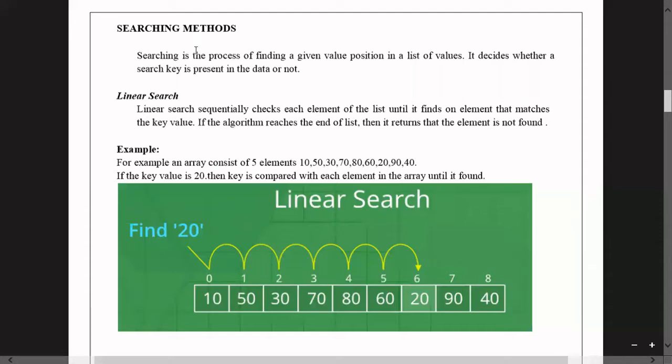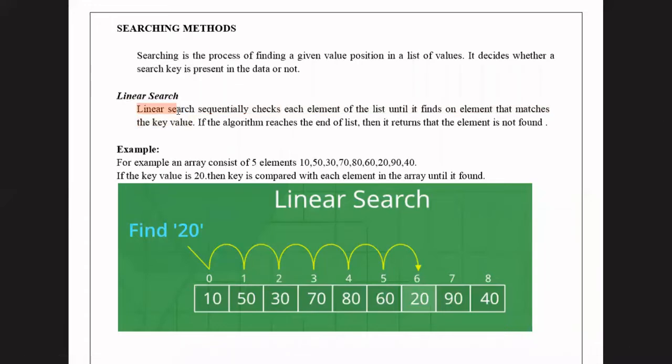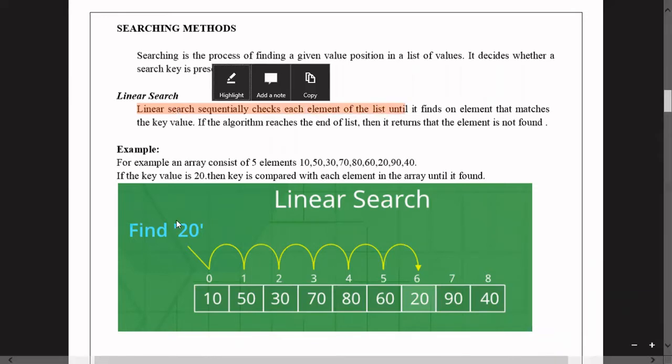That is about searching. And what about linear search? Linear search is a sequential search. The name itself indicates linear, which means sequentially. In a linear search, we sequentially check each element of the list. So here also we followed the same sequential search, one after the other.